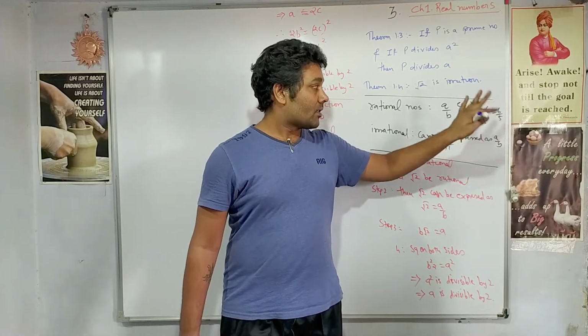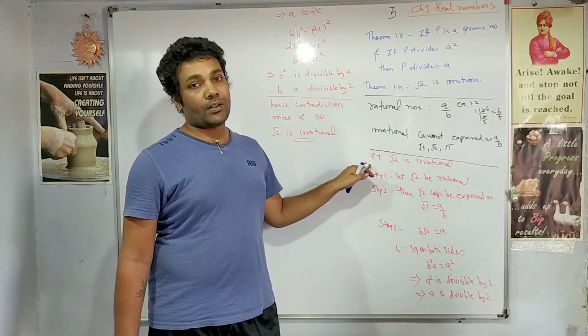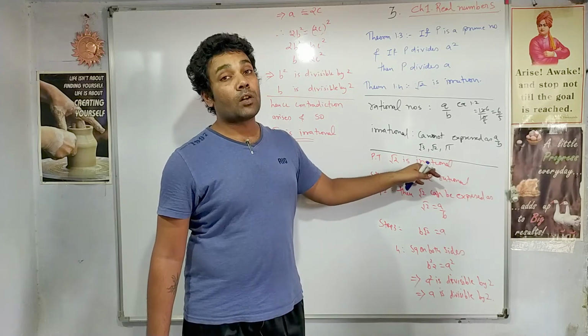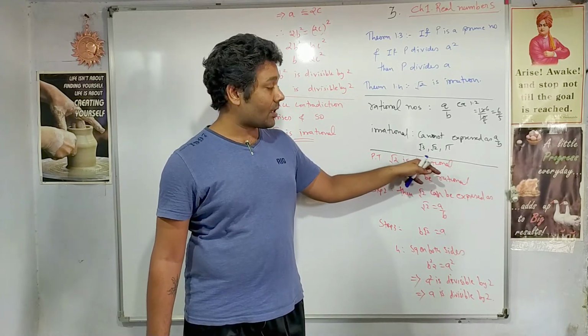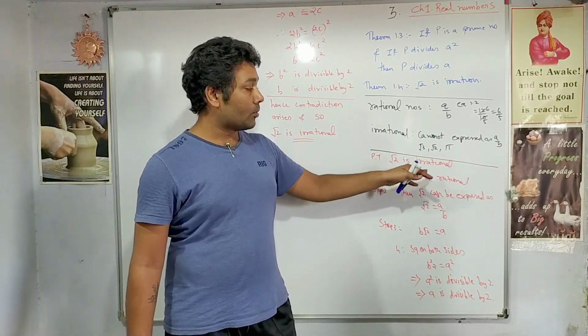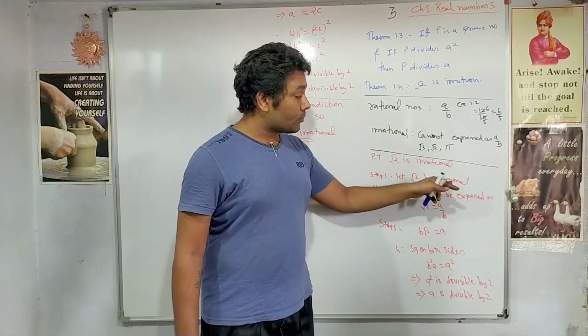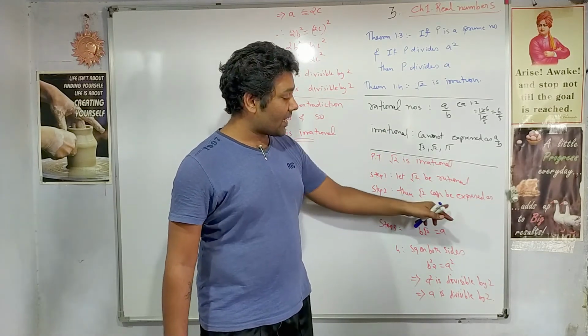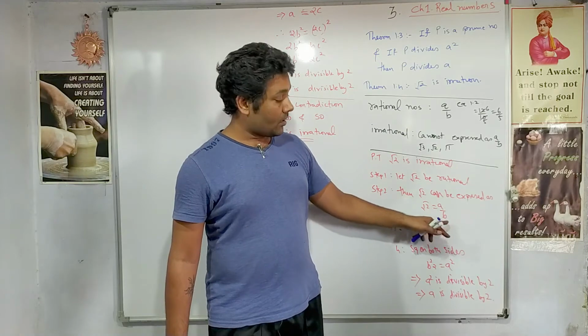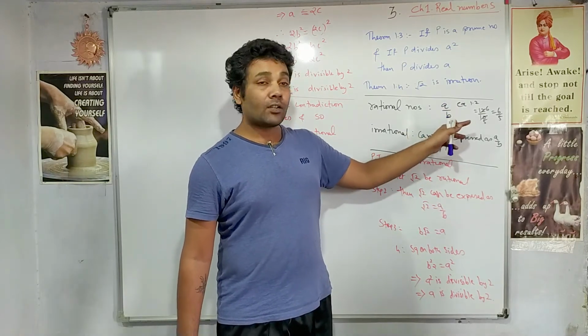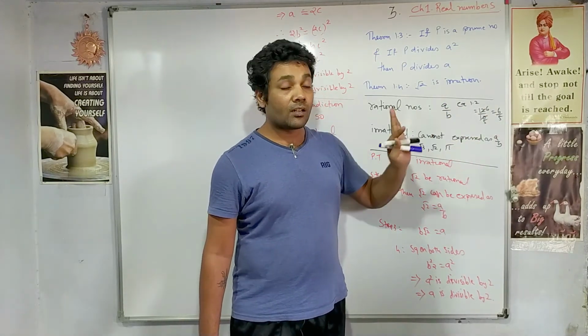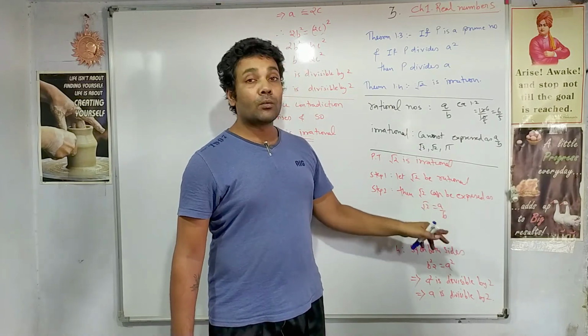Same way, we start our question. Root 2 is irrational, that is what we have to prove. How do we start our question? By taking root 2 as rational. If we take root 2 as rational, that means root 2 can be expressed in some ratio. A by b is a ratio. Please keep this in mind, nothing is common. So that means a and b should not have anything common.